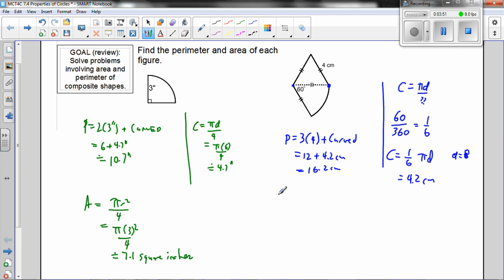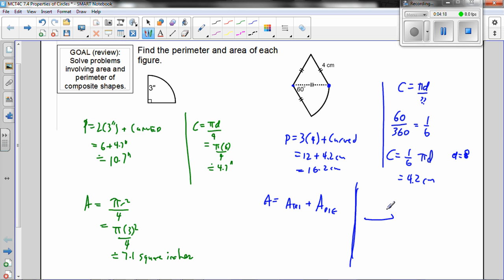The area is a little more challenging still, but let's get at it. So I can see it's the triangle at the top. The area is the area of the triangle plus the area of this pie shape. Okay? And this is actually going to take a little bit of work. So we've got a few minutes. Why not? The triangle,